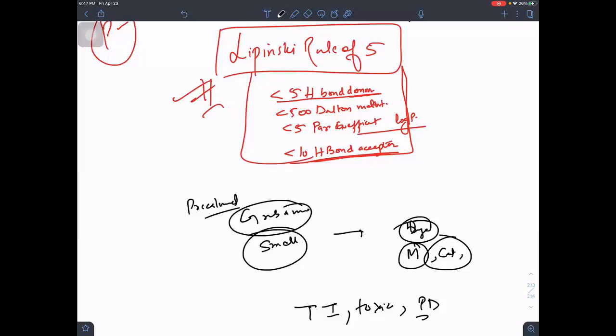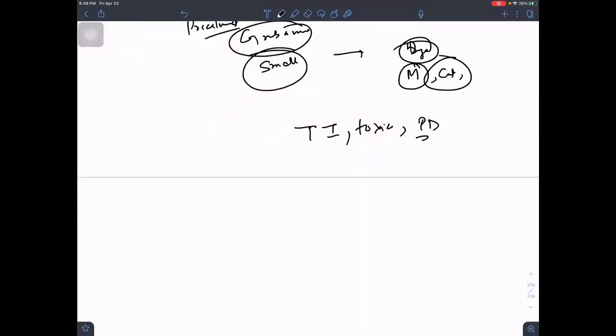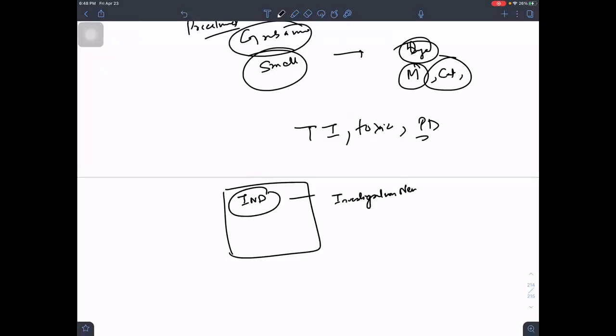Now, if you want your drug to come into the market, you have to test it very exhaustively. You have to check its safety, you have to check its efficacy. If those studies tell us that it is safe, it is efficacious, and it is not having any sort of grave adverse effect, then I file an affidavit sort of a thing, that is called IND, investigational new drug. IND is filed where?